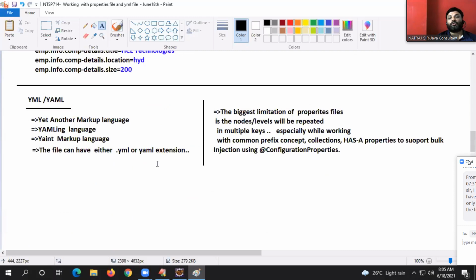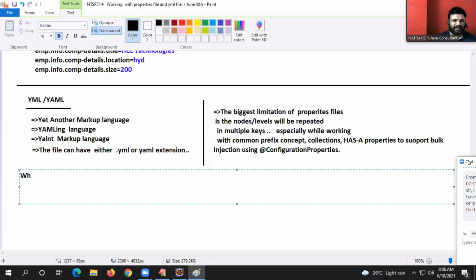Right, guys. So to overcome that problem, we have got YML, boss. To overcome that problem, we have got YMLs. Are you listening to my statement, boss? Yes. I think you understood the main reason for going for YML, guys. While writing YML files, number one, dot should be replaced with